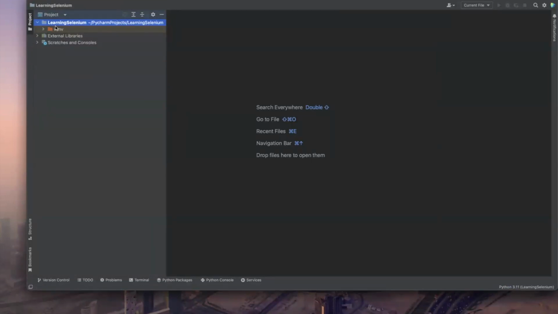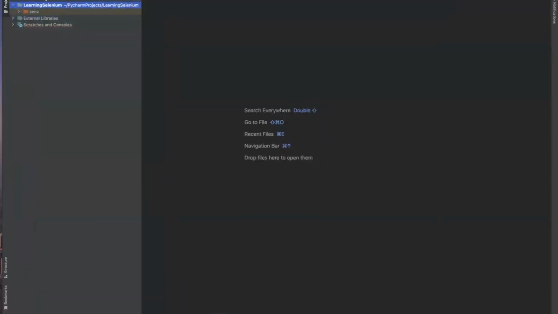Hope you guys understood so far, right? All you do is open the PyCharm IDE, then create a new project. You just give the project name, that's it. All the remaining will be default settings. Once you create the project, right, then